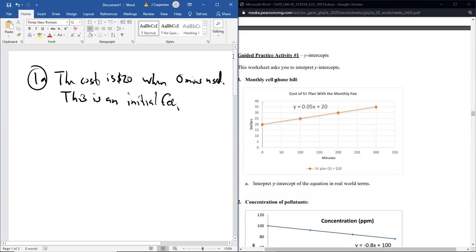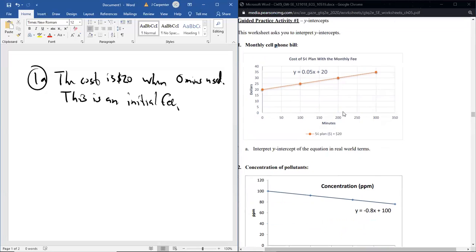So this 20, that's the fixed or initial amount. It just depends on context. Here, I could call it either. It doesn't really matter. I think most of us would call it a fixed fee, but you can also call it an initial fee because it relates to 0 minutes being talked. And then, like we said, we can always see that value on the Y-intercept. Now, we've talked about how in real-world models, these don't always have to make sense, and maybe we'll get to that today.